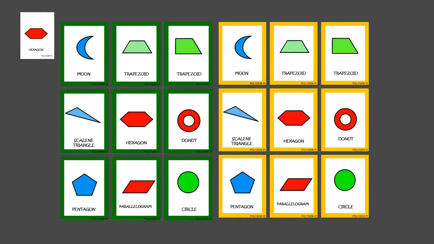So in this case, one student drew a hexagon and the other student drew a moon. So they will keep these cards hidden from the other player. The object of the game is for that other player to determine what card the other player has in their hand. So they're trying to determine what card is in the other player's hand. In order to do that, they'll start by asking questions. And these questions can be anything from color